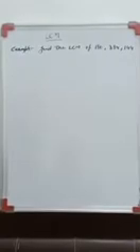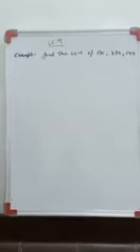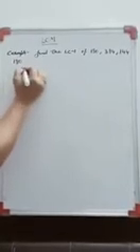Our next topic from the chapter Factors and Multiples is LCM. LCM is calculated by the prime factorization method. I am solving first with the prime factorization method. For example, the question is: find the LCM of 180, 384 and 144. What you will do is take any number and do its prime factorization.